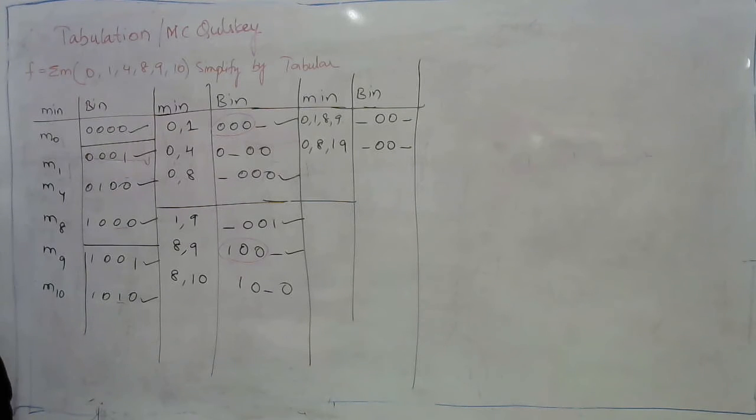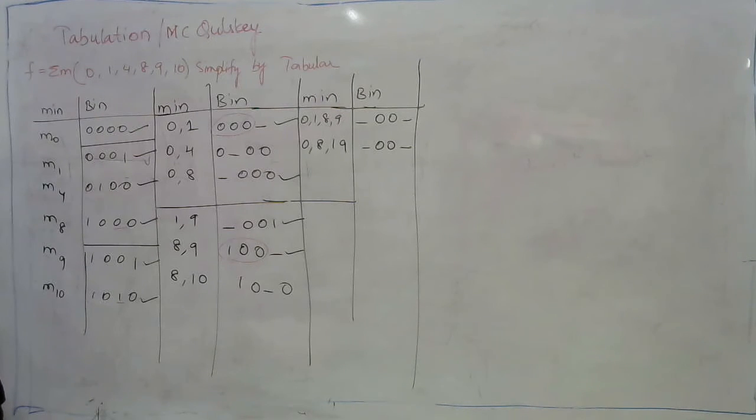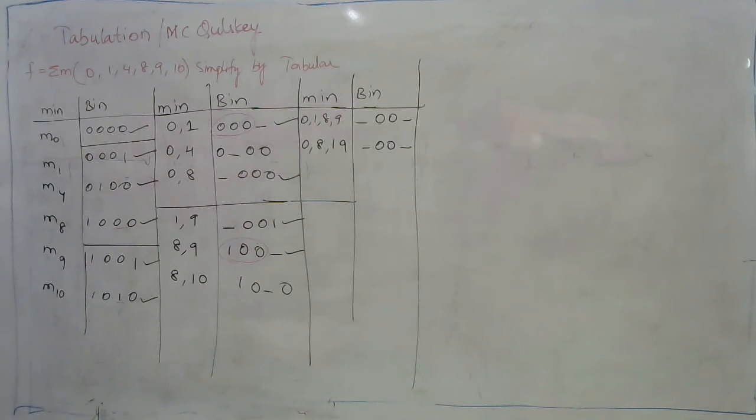So here the first step in the tabulation method is to write down the given minterms in increasing order, and the second step is to partition the minterms in such a way that the first part should have 0 ones, the next part should have 1 one, the next should have 2 ones, 3 ones and so on. Compare the first part with each and every individual minterm present in the second partition. If there is a change in a single bit position, keep a tick mark over there and write down the corresponding minterms. Similarly, continue this process until we are unable to perform the differentiation operations. So this is step 1.